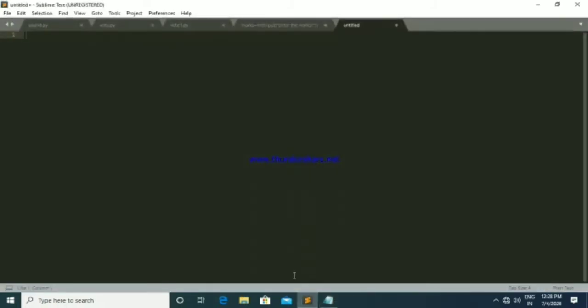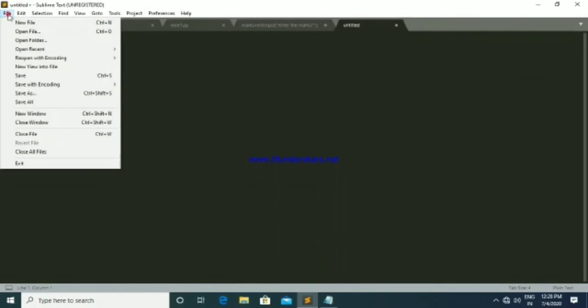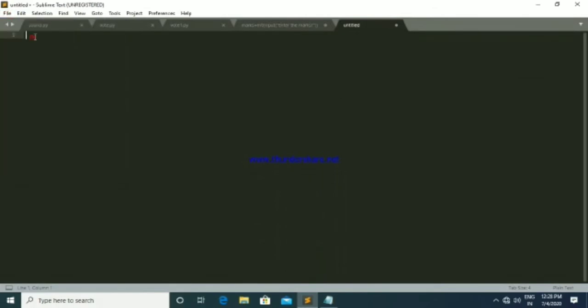So before going to code, I'm using Sublime Text for coding. This is a great platform to write programs. So my program is student marks. I'm going to give a grade to the student in terms of the marks the students are getting.